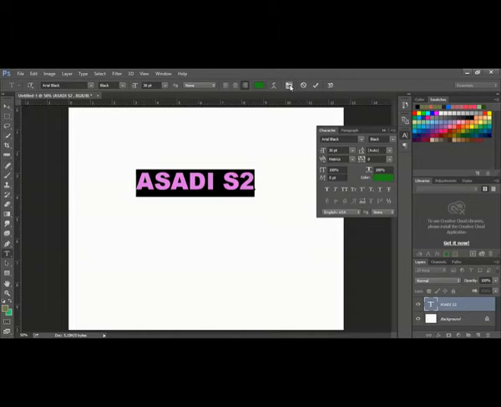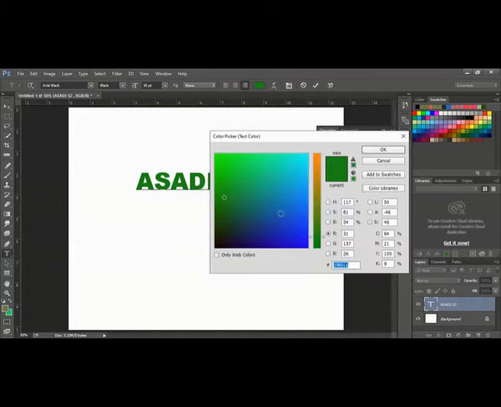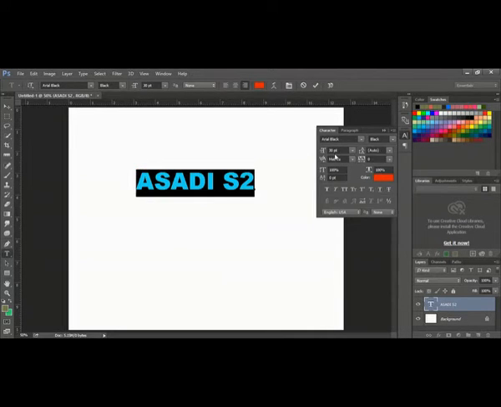When you click this, you get more options here. Almost similar option, but you have more options available here. When I click this one, you can see you can change the font from here. You can change the color from here. You can increase the height.